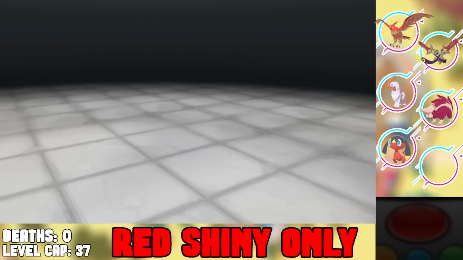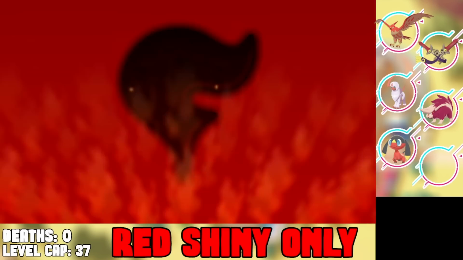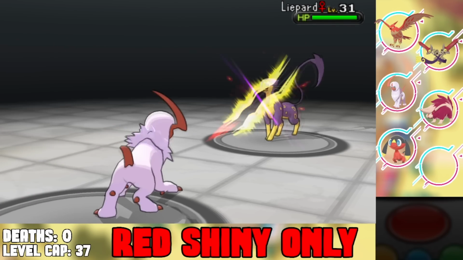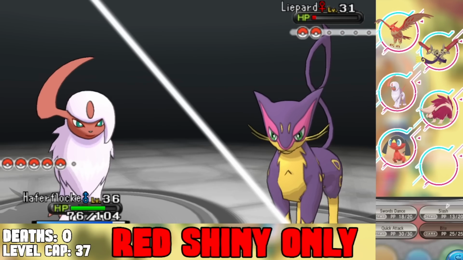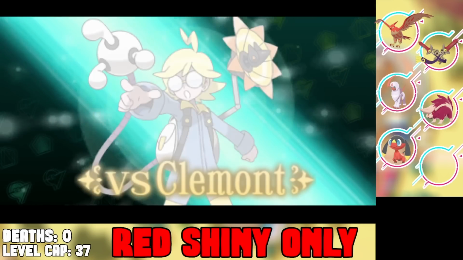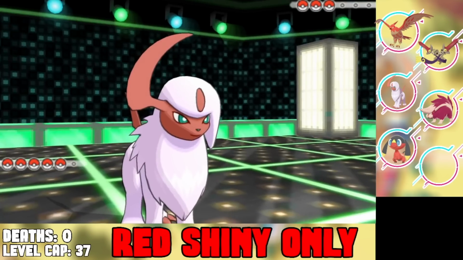And then from there, we're going to move out into the power plant and then just start using Absol like crazy, because we have Super Luck, and Super Luck's just a fun ability to use on Absol, because it gets crit like every single time. Especially when you're using Slash. We're able to clear through the Team Flare members in here and then face off against Clement. Clement's the electric type gym leader in the game,